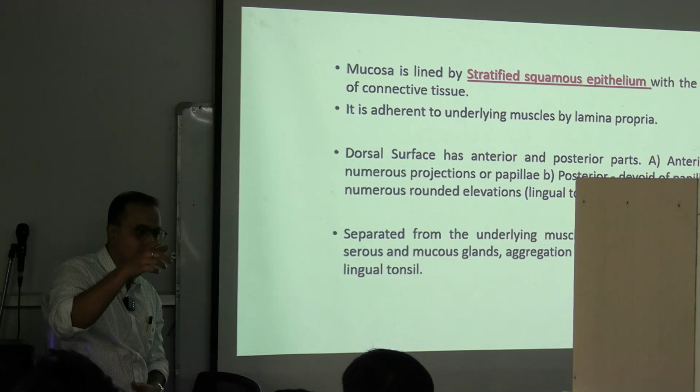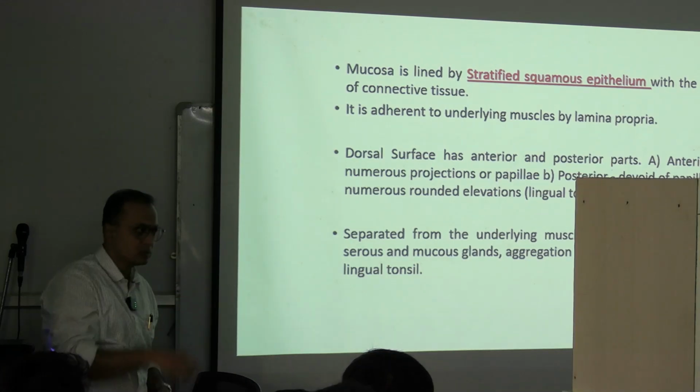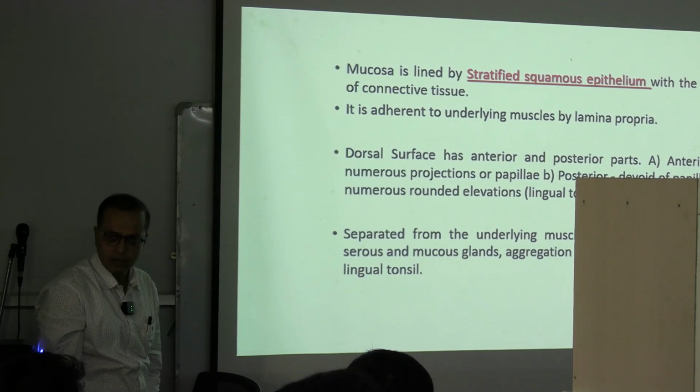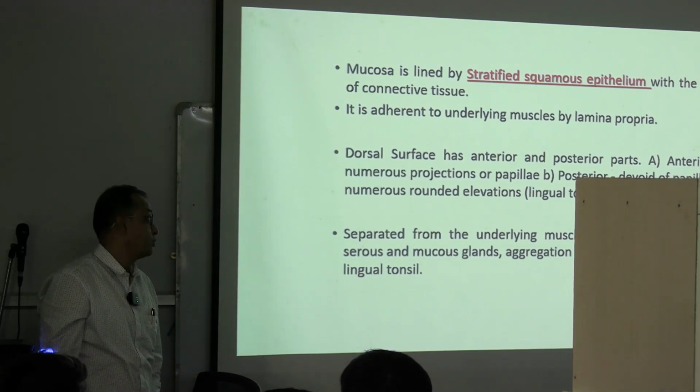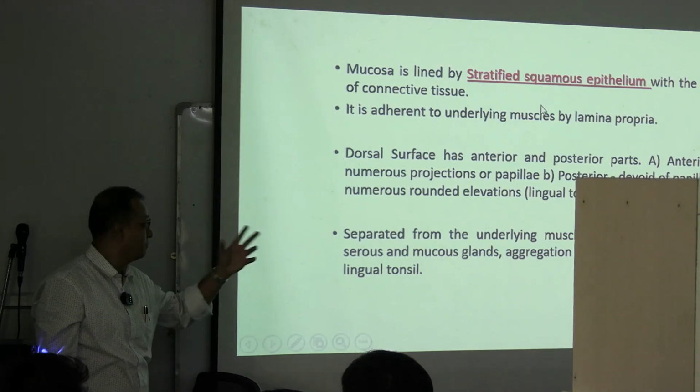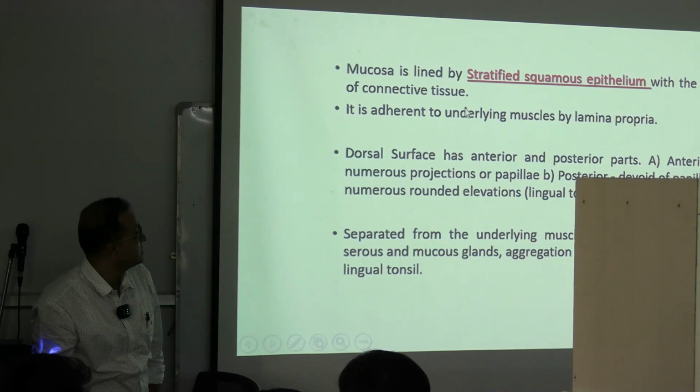Then you can understand that this is the disease, and this is what we have trouble with. So, this is the normal thing. We have these muscles, and under these muscles we have this epithelium, the mucosal lining. A mucosal lining is made of stratified squamous epithelium and lamina propria, and in between them we have a